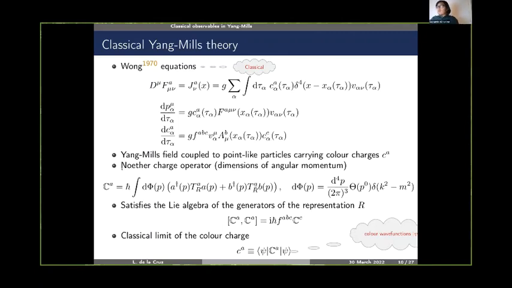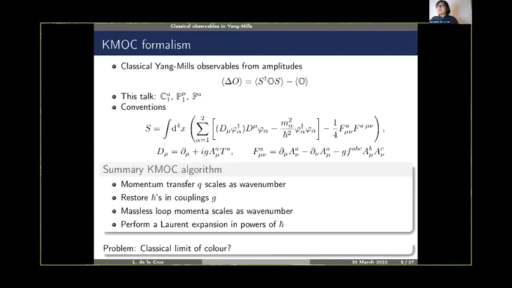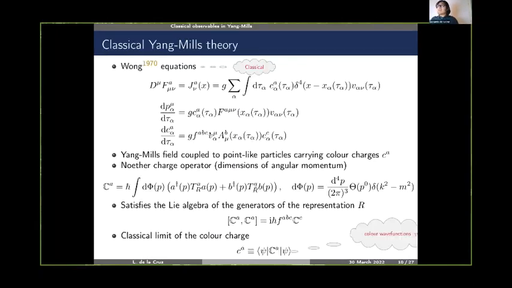But now let's go to the QFT side. From the QFT side, starting from this action, I can define a Noether charge operator, which carries dimension of angular momentum, and this Coulomb charge, as you can see now, because of the dimensions, scales with h bar. This Noether charge operator